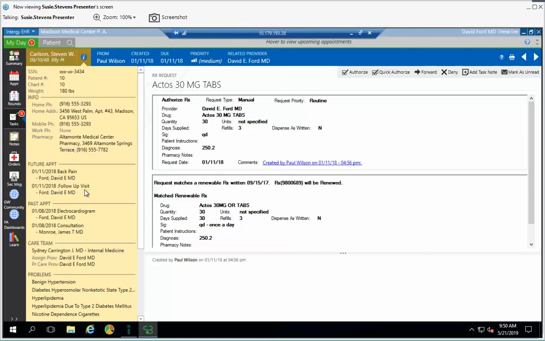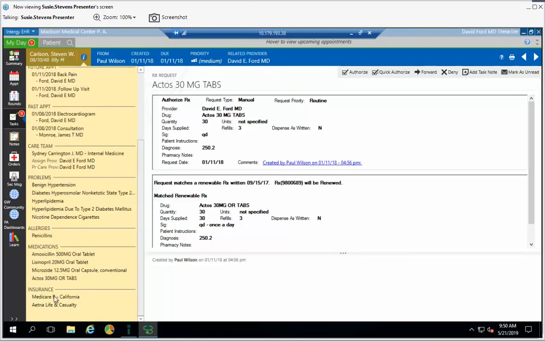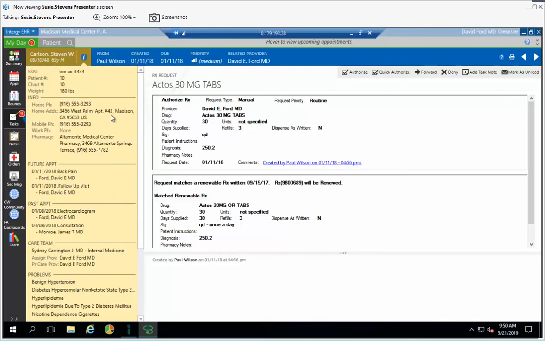But you do have the option of having it set up so that you can see, like maybe in deciding whether I'm going to refill this medication, I want to know when their last appointment was. When's their next appointment? Maybe that's information I usually like to see, or I want to know what their insurance information is. So you can set up information that you want to see and customize that